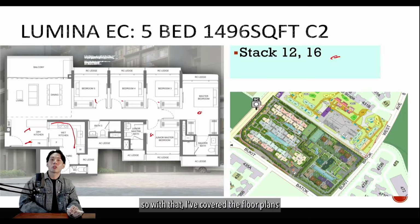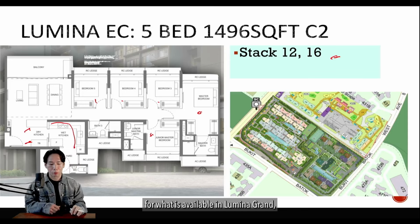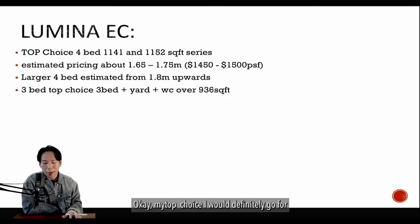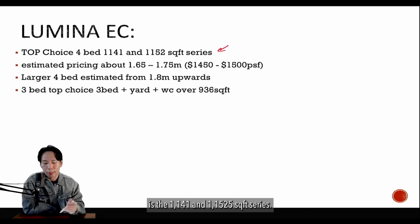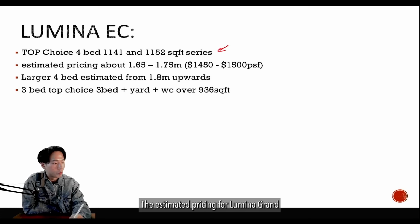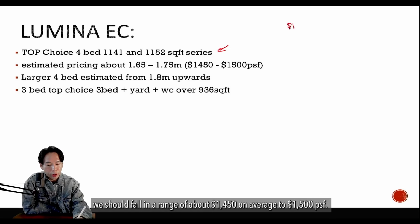Okay, so with that, I've covered the floor plans for what is available in Lumina Grand. We have the 3-bedroom premium, the 4-bedroom, and the 5-bedroom. My top choice I would definitely go for is the 1141 and the 1152 square feet series. The estimated pricing for Lumina Grand, we should fall in a range of about 1450 on average to $1,500